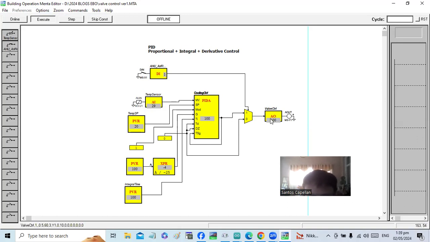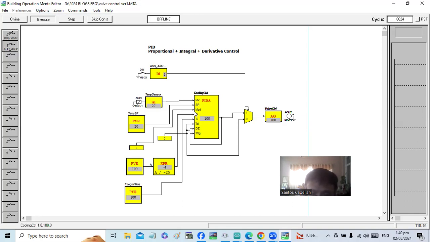As you can see now, we can play with this sensor value. We will say this one is 27, and as you can see, the controller is responding. Since we are simulating, the response is very fast.